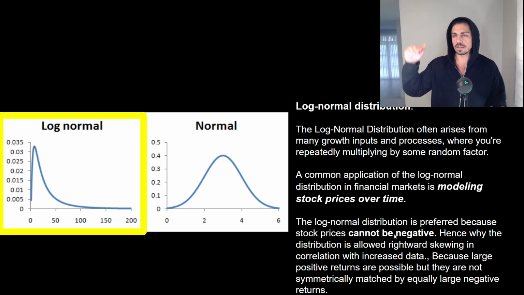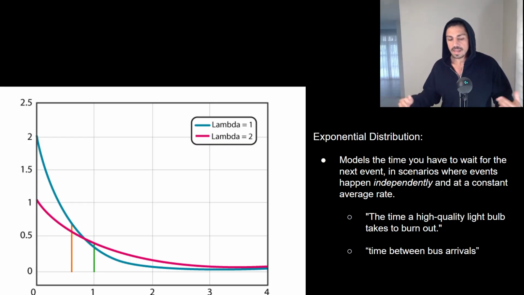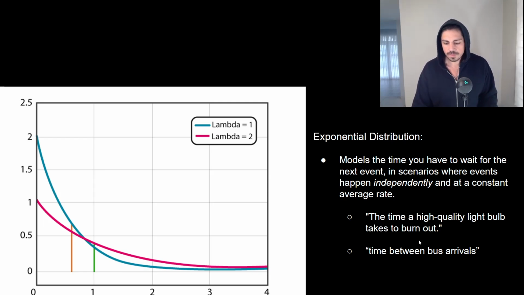You can't have a negative return. You can't have a number go negative. No. An exponential distribution. This is probably one that you're very familiar with, but this is modeling the time you